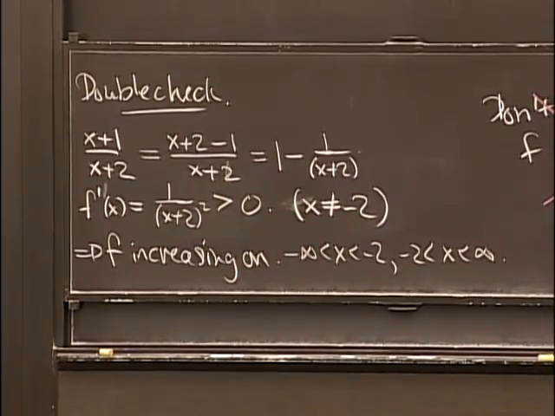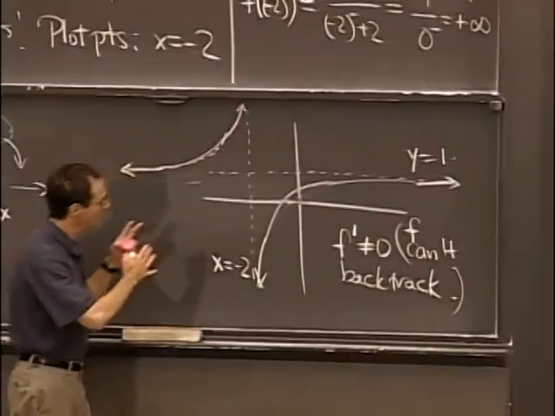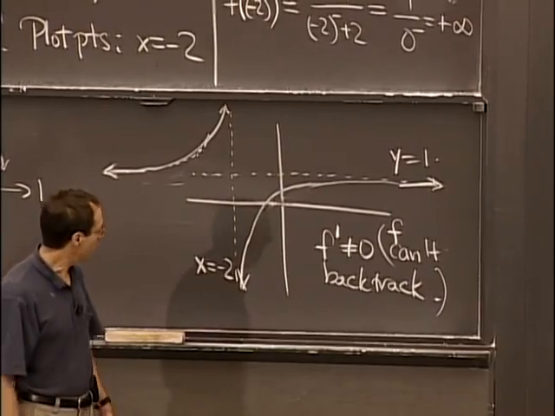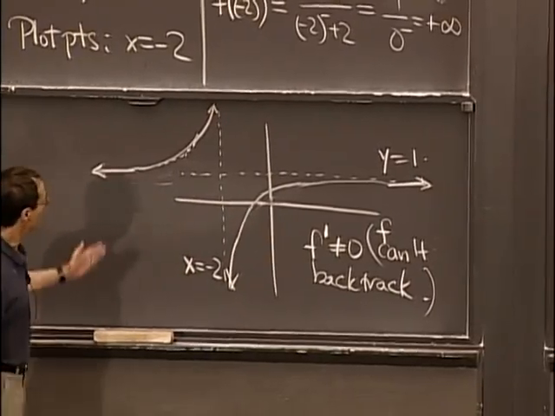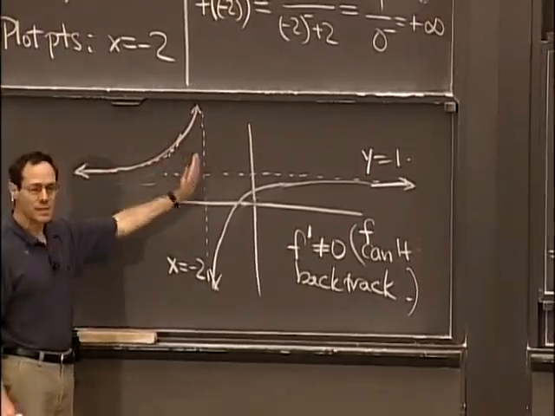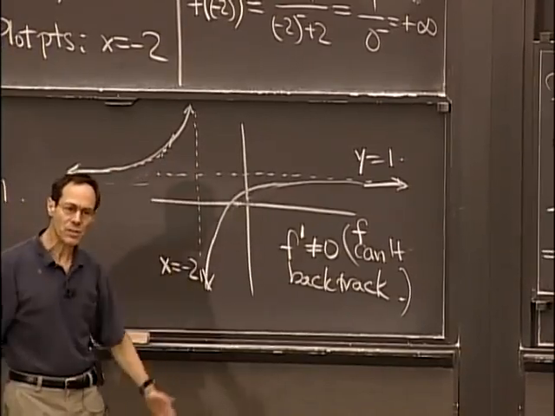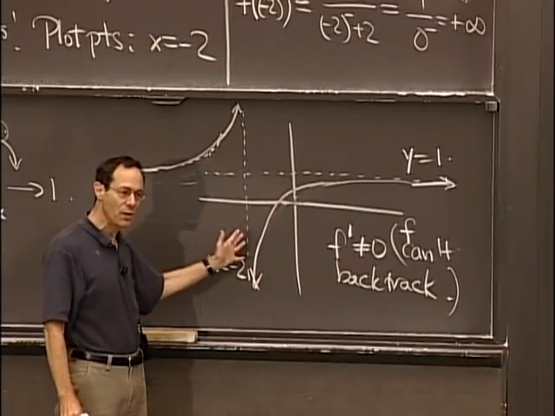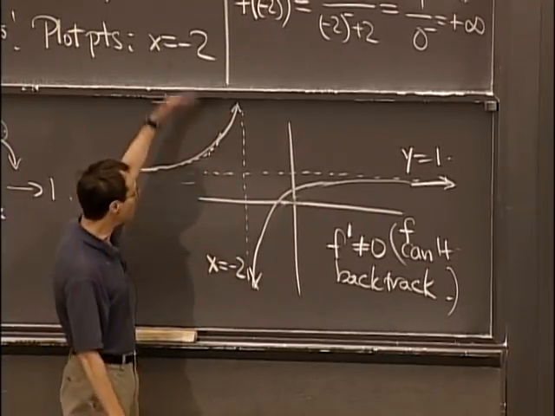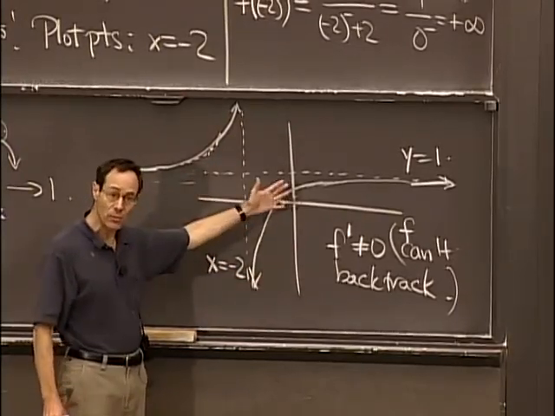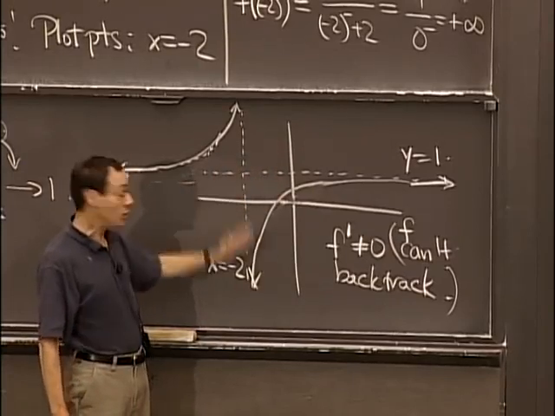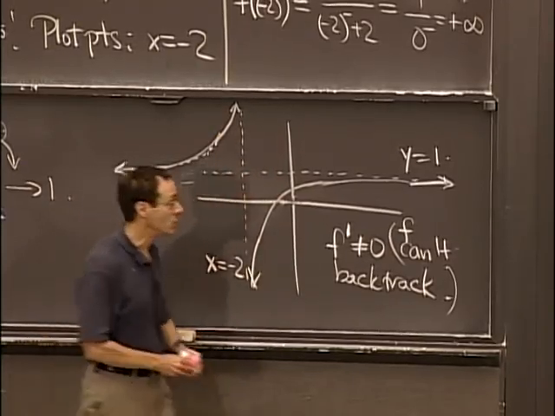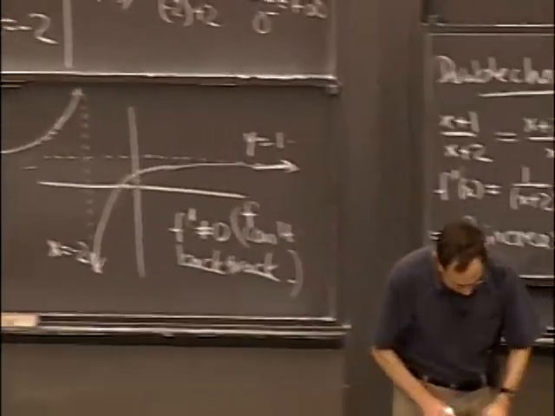So basically, the moral here is that if you ignore this place, it's like ignoring Mount Everest or the Grand Canyon. You're ignoring the most important feature of this function here. If you're going to be figuring out where things are going up and down, which is basically all we're doing, you'd better pay attention to these kinds of places. Right? So don't ignore them. All right, so that's the first